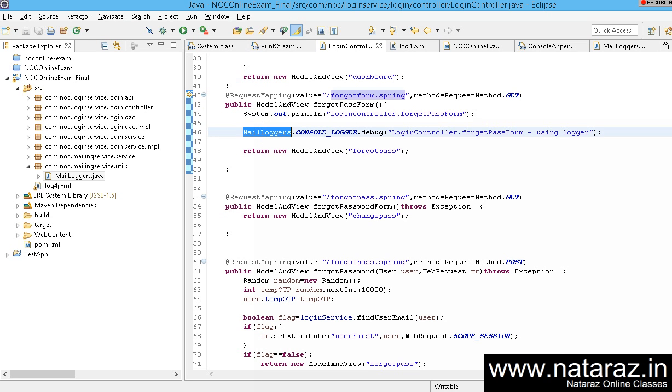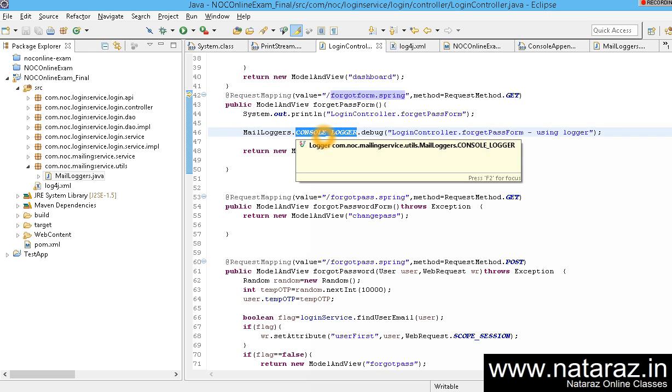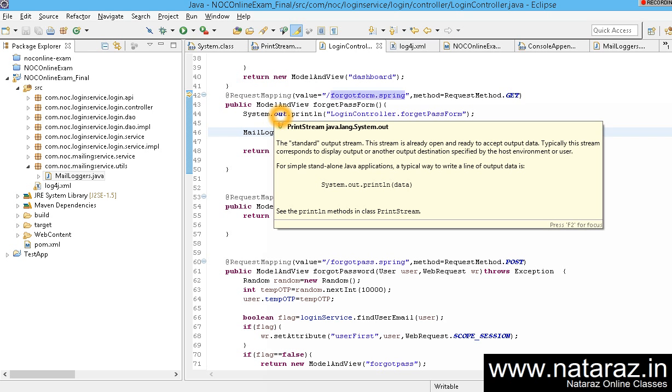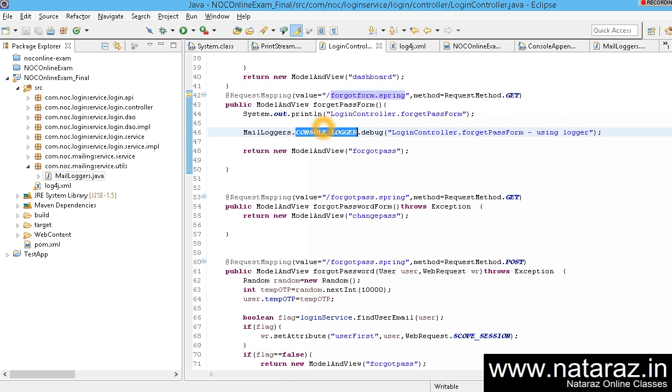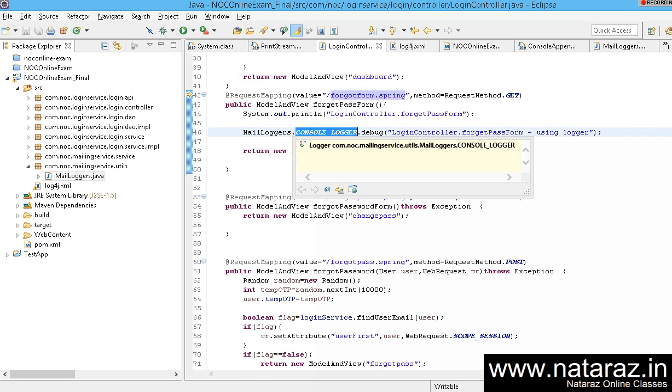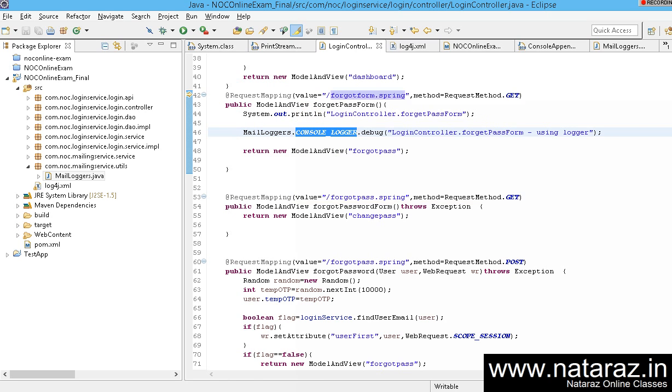This is my custom class, a logger which I have defined. It's an instantiation. System.out is the instance of print stream. Your logger is the console, the instance of logger. The println method prints it wherever it requires. Debug prints it as per the configuration. Simple. You just take this,